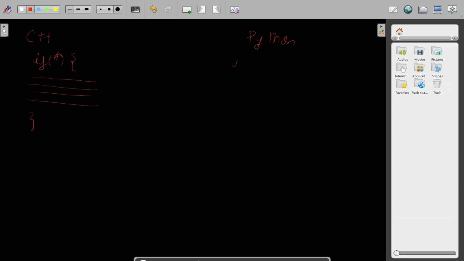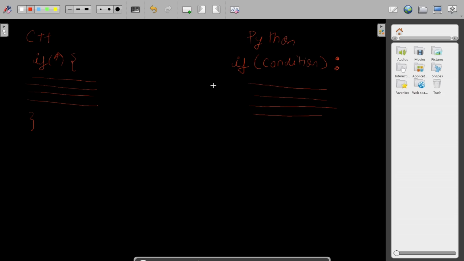If I want to use the if condition in Python programming language, we will be discussing the if statement in the control flow part. But for now, you can simply understand that there is an if statement which is taking some condition. We will be writing the condition over here, and based on that condition, some particular task will be executed. So in Python, instead of these curly braces, we are using this particular sign. If I want to write some other statement inside the body of the if statement.